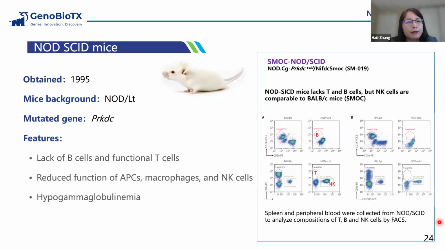So the first NOD SCID mice was reported in 1995. The mouse background is NOD carrying a PRKDC mutation, the SCID mutation. So here we list some features of these mice. These mice lack B cells and T cells and have reduced functional antigen-presenting cells and also macrophages and